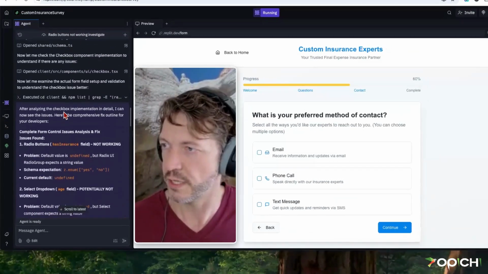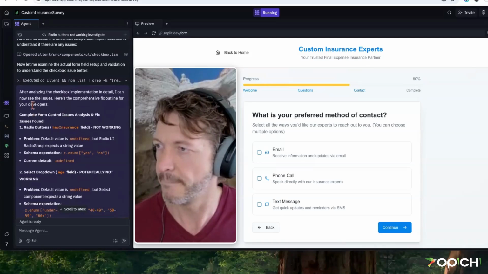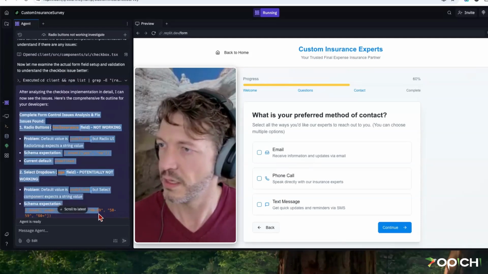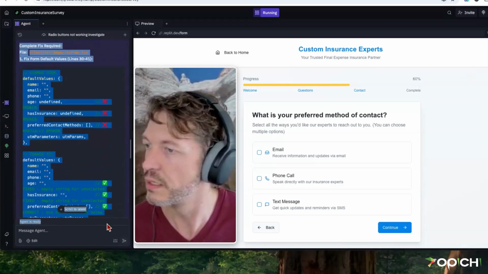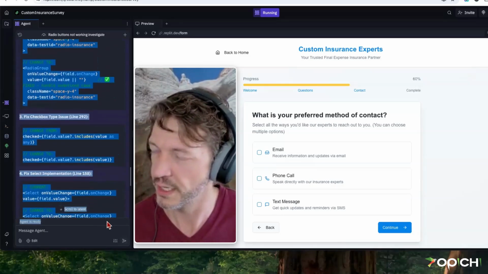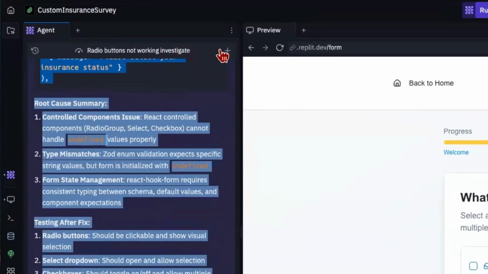It has written down an entire fix. We are just going to copy this whole thing. You could put this right into an MD file if you want. We're just going to fix it right here. So we're going to do a new